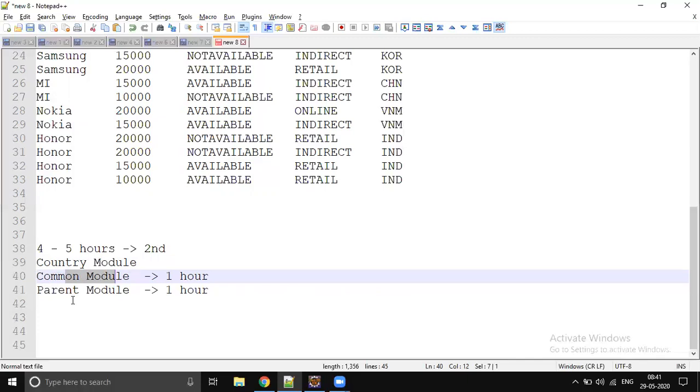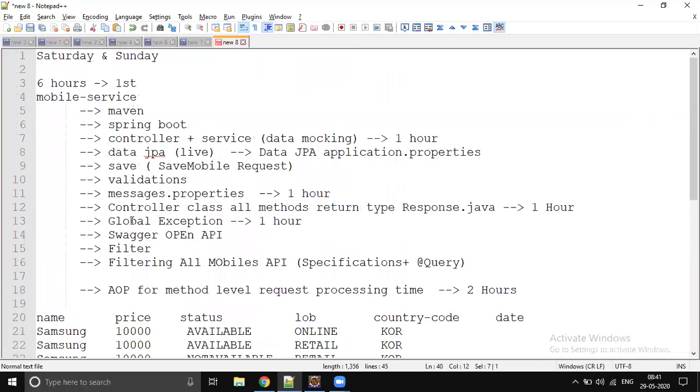So by next weekend you should have a minimum of two microservices with all these features. This weekend you should complete the mobile service. I will send an email. So this is the assignment for you on this weekend.